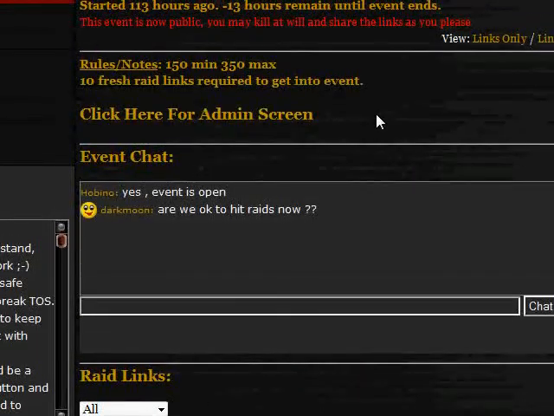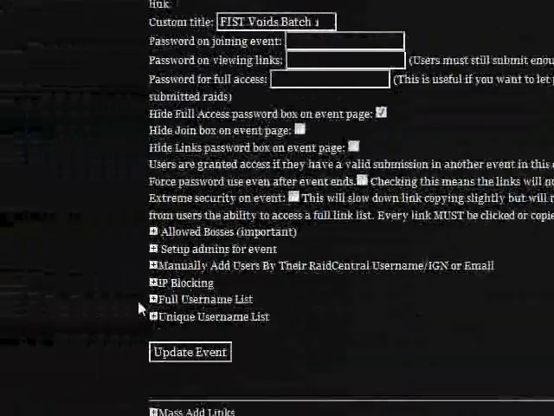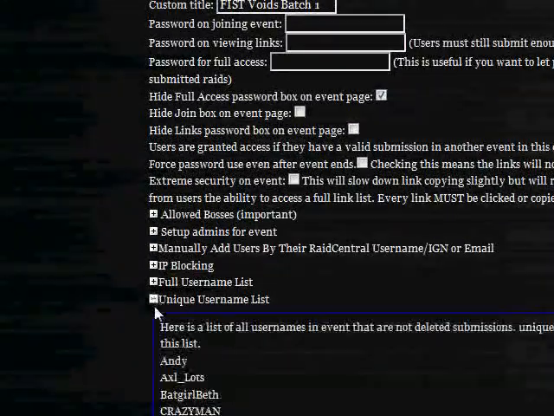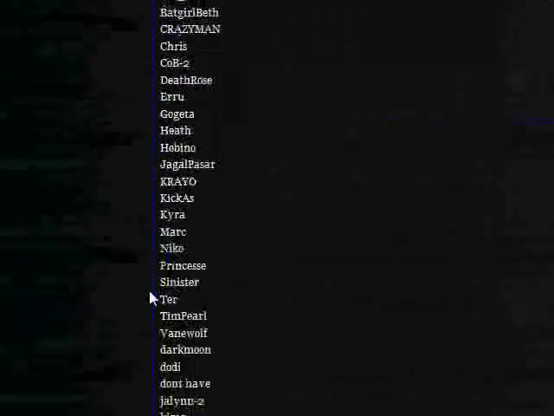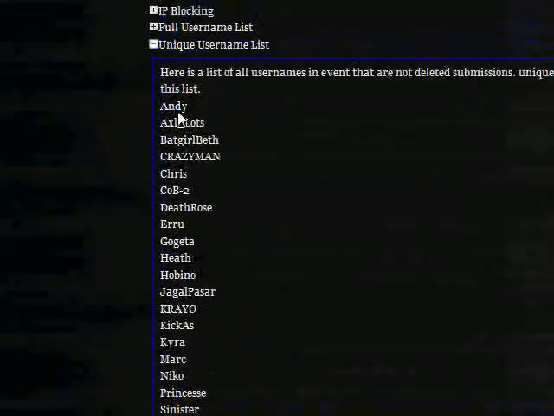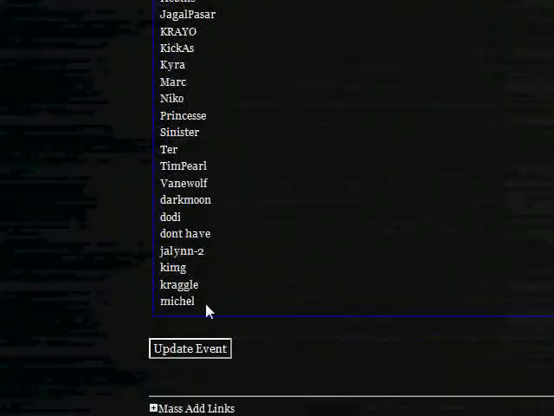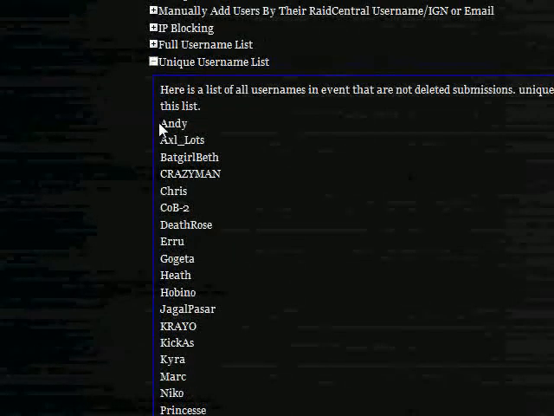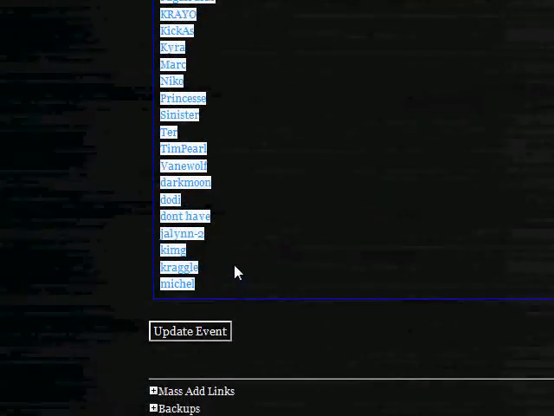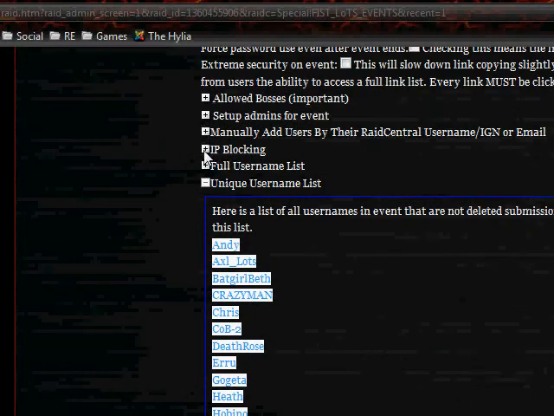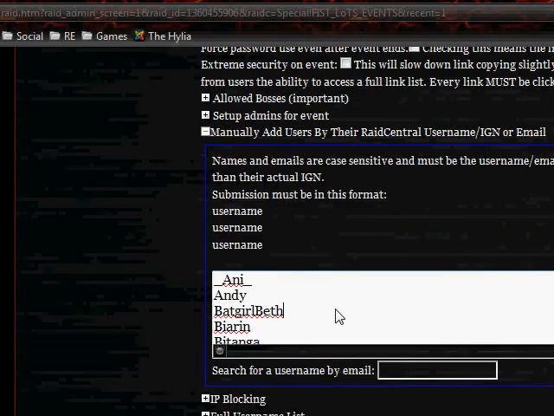They went into their admin screen. And right here there's a unique username list. This is the list of all the RaidCentral usernames for the people who did submit into this event. So they just took these names, put them in a notepad or something, added in the batch 2 and batch 3, then they had a username list, which was everyone who had submitted voids, and simply entered that list into the allowed users here